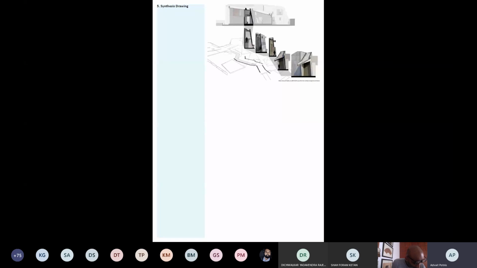And the last one is a synthesis drawing. A synthesis drawing is a drawing which is your interpretation of the project. That's where it's a take on your building. So for example, by the end of the seminar you are supposed to submit a paper, so this can be seen as an extension to that. What do you understand from the building. So this is for the housing project. Now it's the same with the other projects, but there's a small difference. Let me show you that.